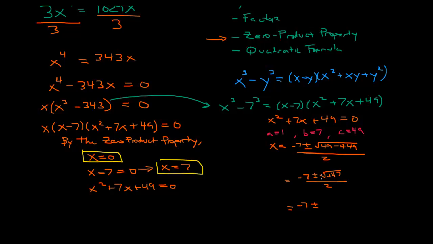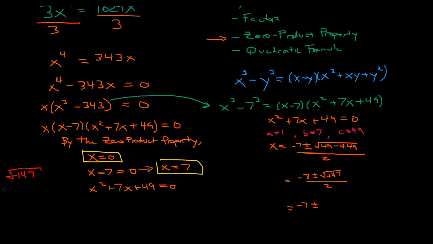Let's see, 147 is not divisible by 2. Is it divisible by 3? Yes, it's divisible by 3. Is it divisible by, oh, you know what? 3 times 49 is 147. So let's see, just off to the side, we can say this. We can say that the square root of negative 147,